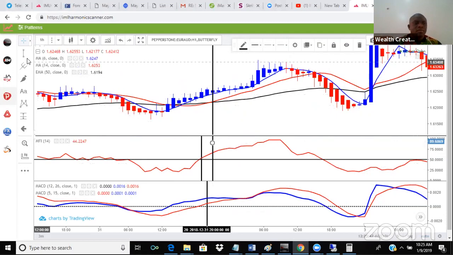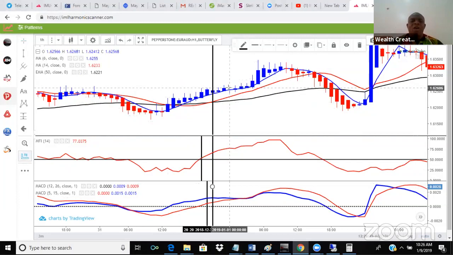This is my entry. Guys, this will be my entry. Why? The money flow crossed before. Good. The MACD has also crossed after the money flow. It's also up, rather. But my moving average cross and the 14 have just completed their cross. This is when I will enter. I want to enter when they are all in alignment. Guys, that is the power of alignment.